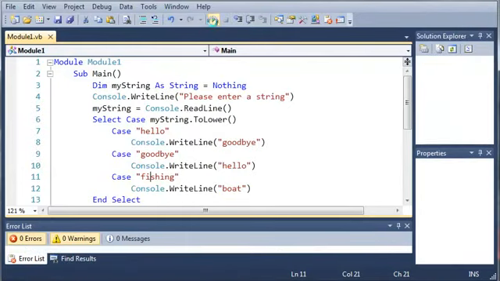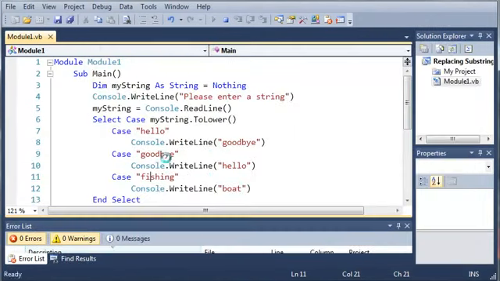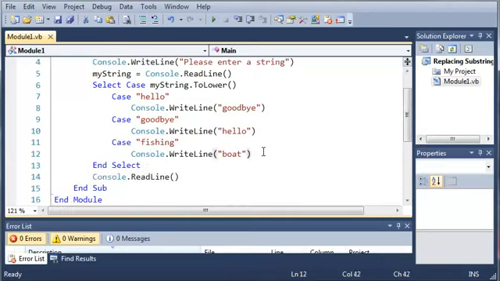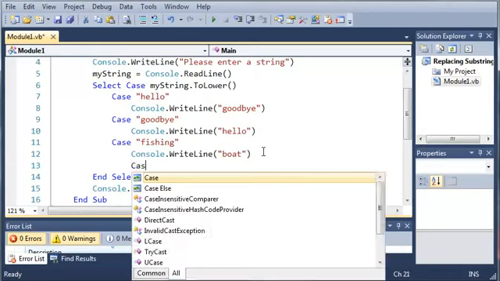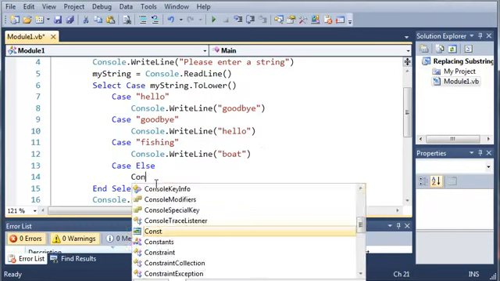Now, one other thing we need to cover is what happens if they type in something that's not in our select case statement, such as dog. It's not going to return anything. So to deal with this, we're going to use what's called case else. And this is very similar to the else in the if else statement. It's going to cover anything that you don't have in your cases. So if myString.ToLower is equal to anything other than hello, goodbye, or fishing, then it's going to go ahead